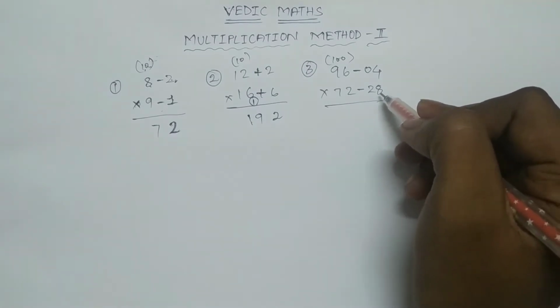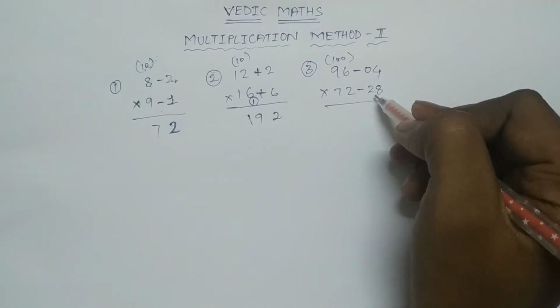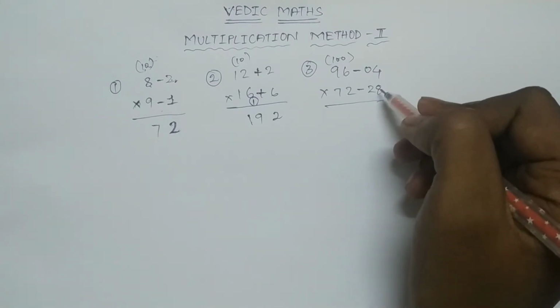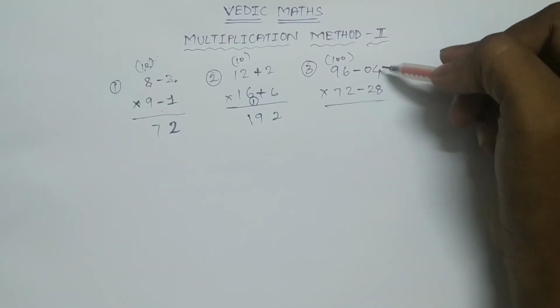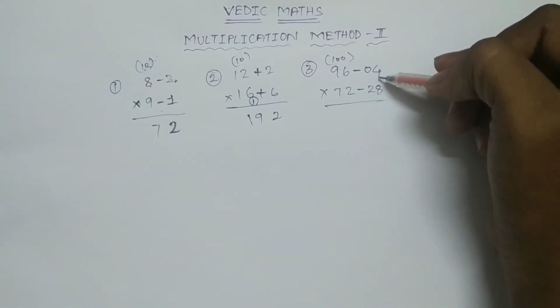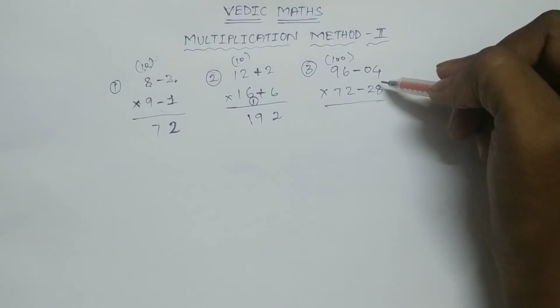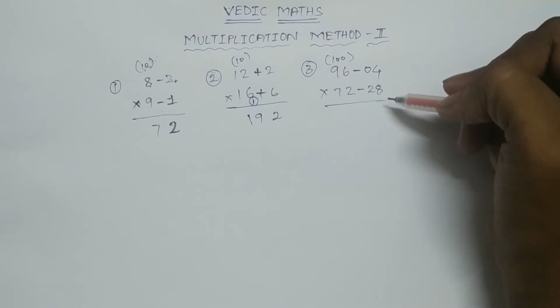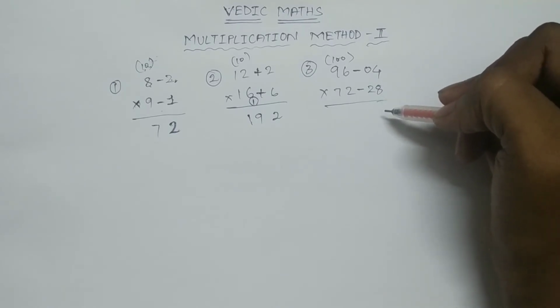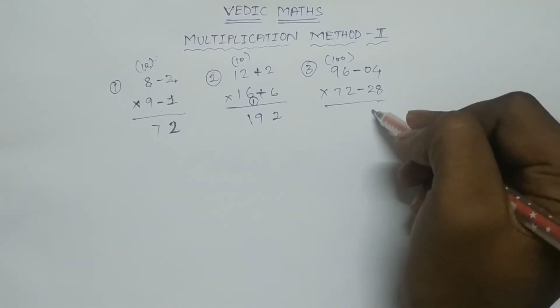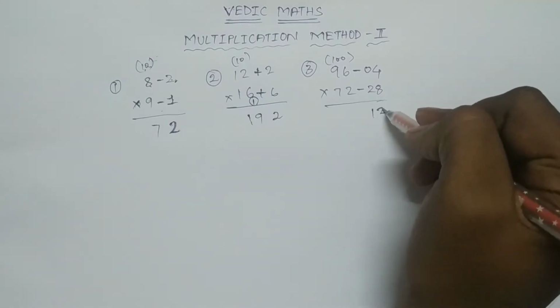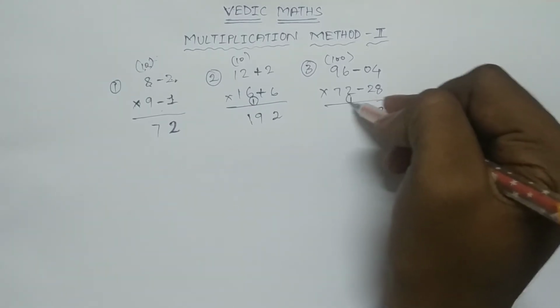In 112, in this method, in the multiplication above we have two digits, right? In the answer also we have to take only 2 digits, and the other digit will be added as a carry forward to the next value. So from 112, 12 will be taken, and 1 is carried forward to the next value.